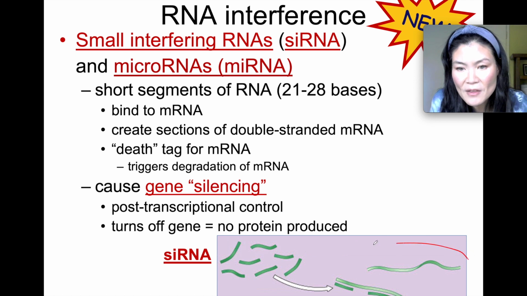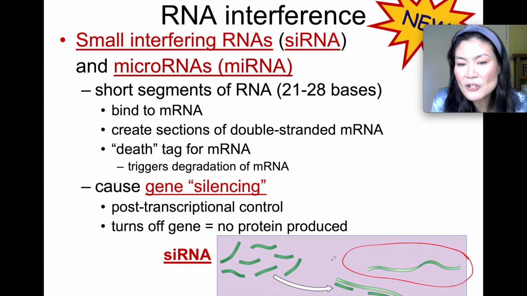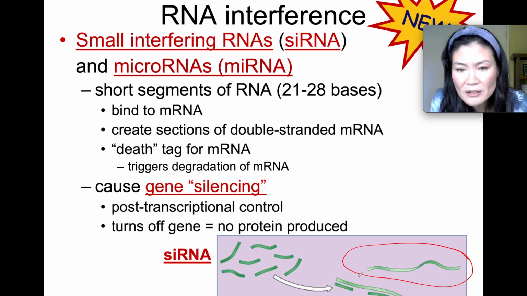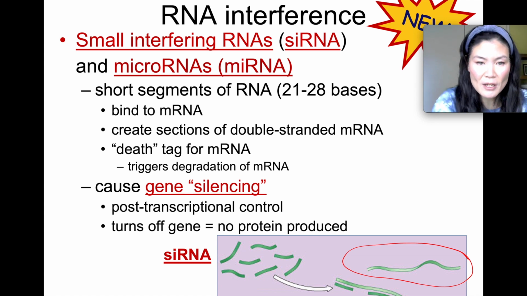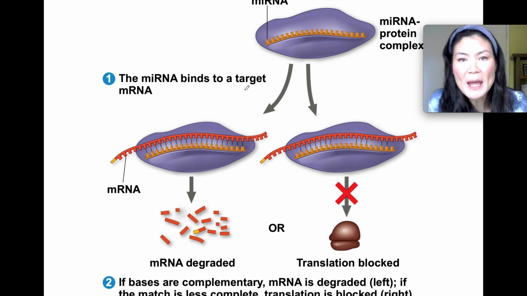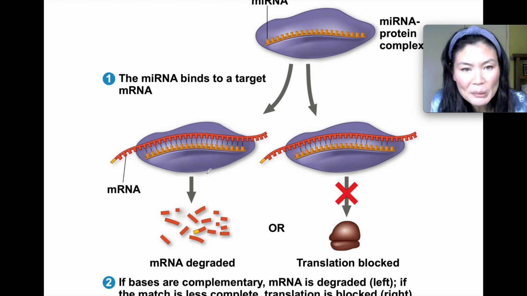The miRNA and the siRNA are short segments of RNA that are complementary to that mRNA. So here's our mRNA that's being targeted for degradation or destruction. Here's our siRNA or miRNA. They're going to bind to that mRNA strand, and they're going to cause proteins to cut up that mRNA into little pieces and destroy it. Okay, so here is a picture of an miRNA along with the protein complex, and here's our targeted mRNA that the miRNA is complementary to. And this protein is an enzyme that's going to degrade or cut up that mRNA.